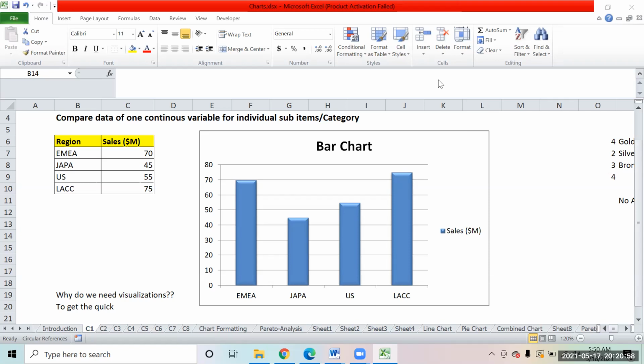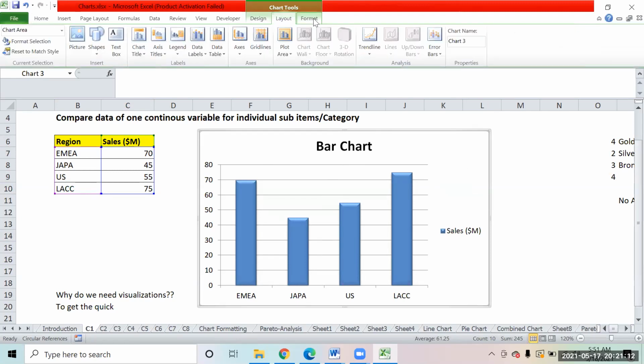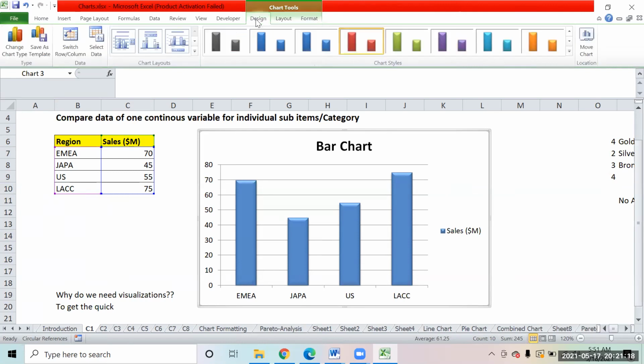Yes. So, right, if you see over here, this is how we can quickly create a bar chart. Whenever you create a chart, at the top you will find three options that come up, right? Design, layout, and formatting. Design is basically what type of chart you have created, and you can apply changes to it in the form of look and feel, which design of the chart you want, right?